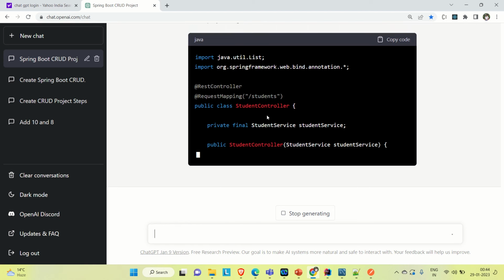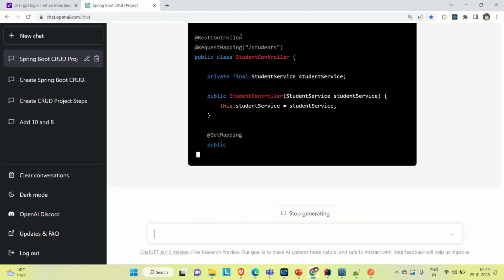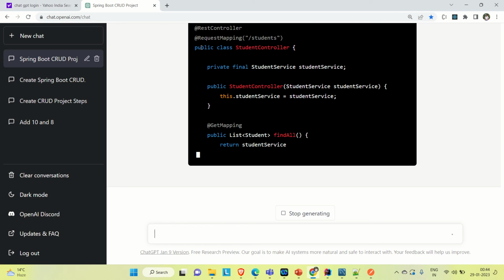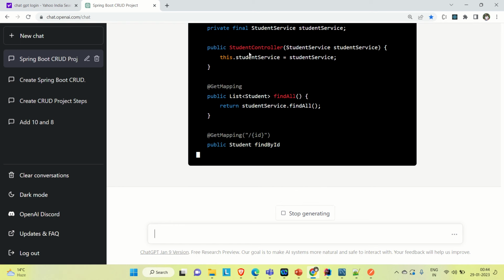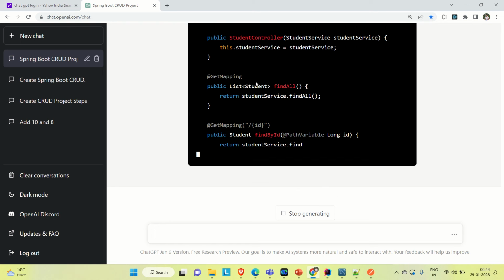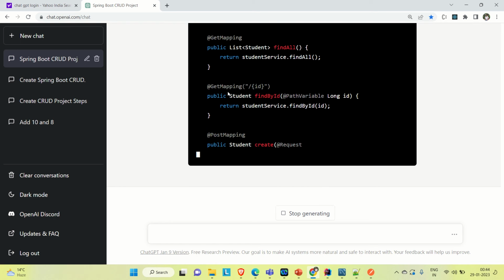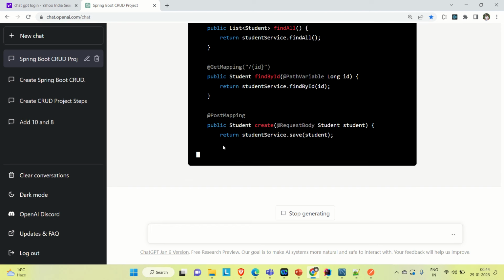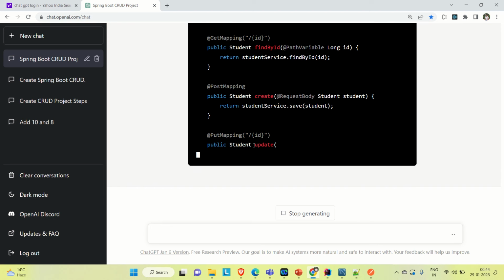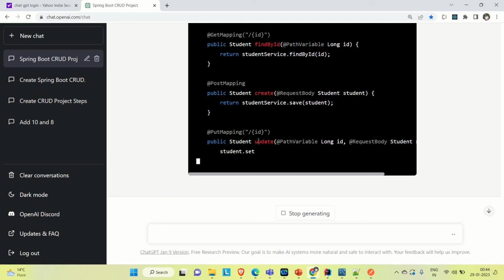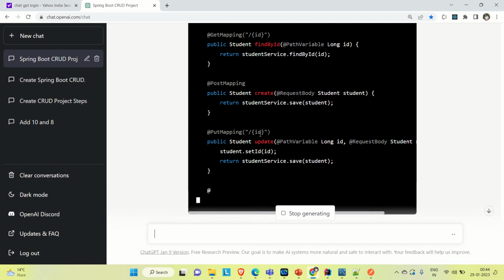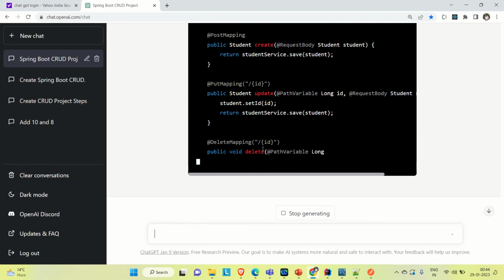So you can see it has created the student controller class. It annotated the REST controller, request mapping, and provided some class level mapping as well. It started creating the get mapping, post mapping, put mapping, but it has not created the update one, right? So we'll remove this, delete mapping,